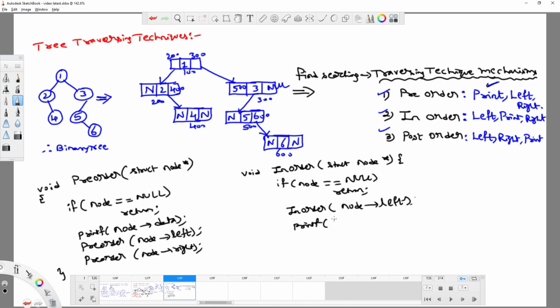printf node->data, then go for inorder of node->right. See, this particular logic, if you are able to clearly understand, it's a kind of recursive mechanism. Once I move to the left, again it has to start executing from the starting onwards. Right? Similarly for post order, void